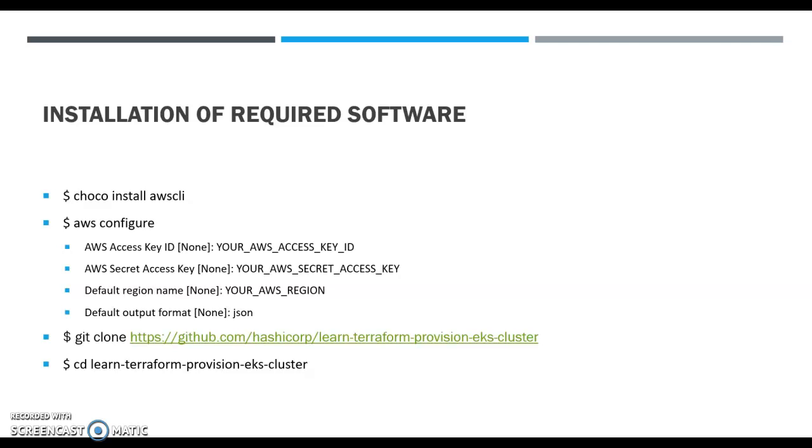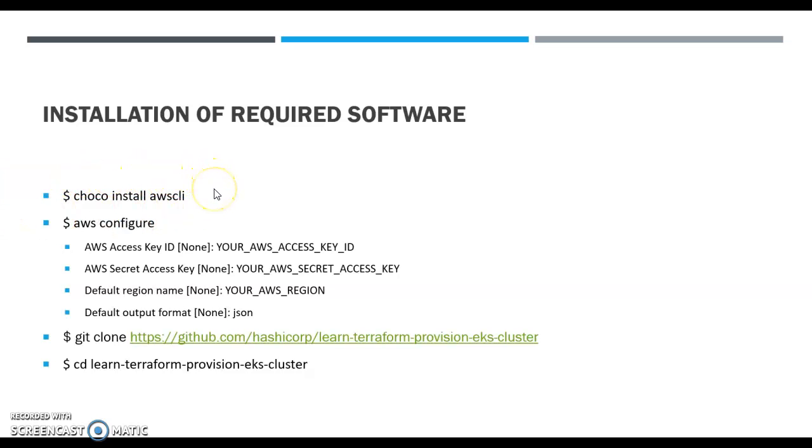Before that, we have to install certain required software in order for Terraform to execute. So you have to install Terraform and then put the path into the configuration, the Windows path, so that it can be invoked from anywhere. And then once we install Terraform and configure it, we have to install the AWS CLI using Choco. In case of Windows, we are going to install the AWS CLI through Chocolate. Chocolate can be installed using the PowerShell of Windows,